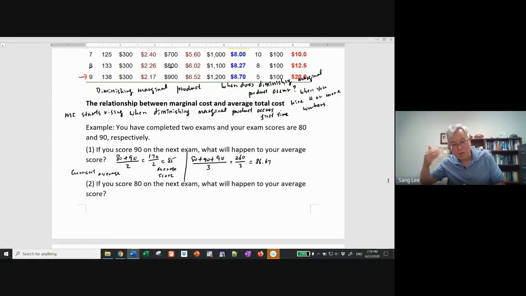Because he played one more game, and in that game he did better than his previous average. So here, what do we know? Whenever marginal is greater than average, whether it's the exam score or the cost of production, it doesn't matter. If the marginal is better than the average, then the average